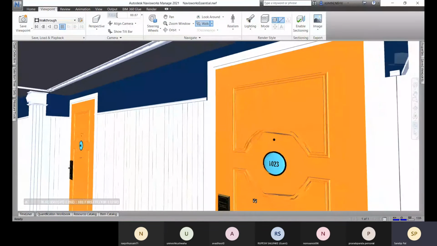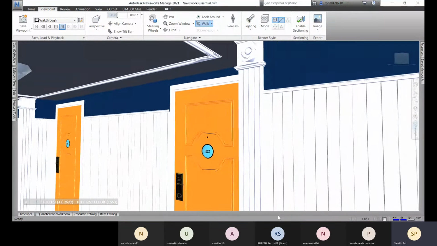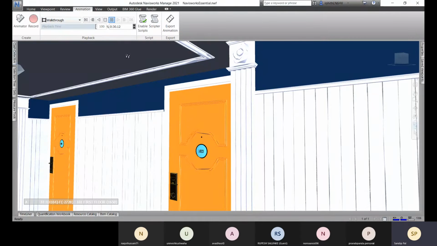The main thing is that I will show you how we can open up this door, how we can animate this door to open here. So for that, go to this animation, and here we have this animator option here.